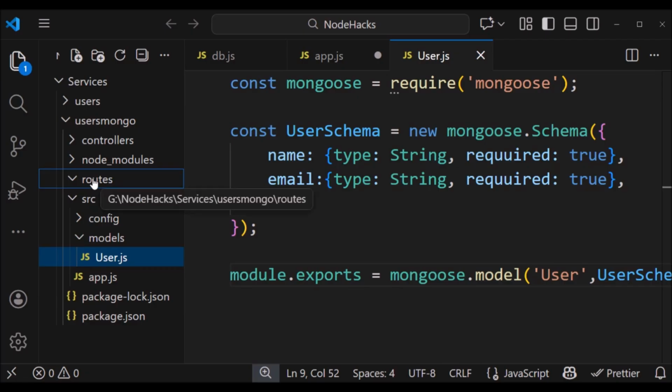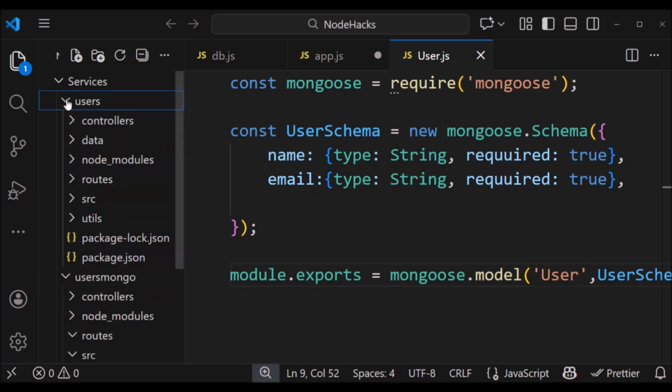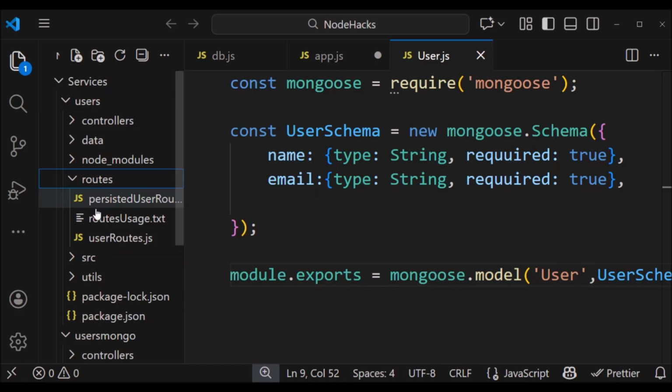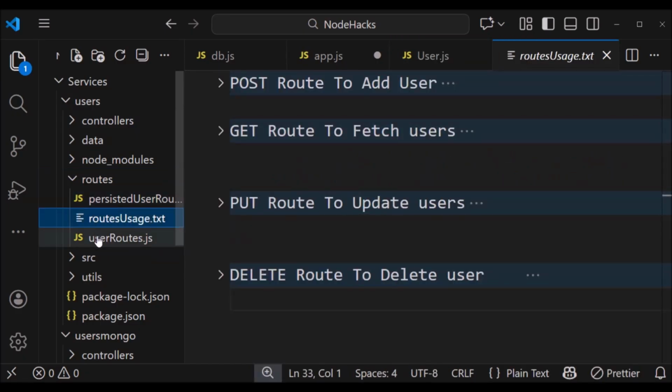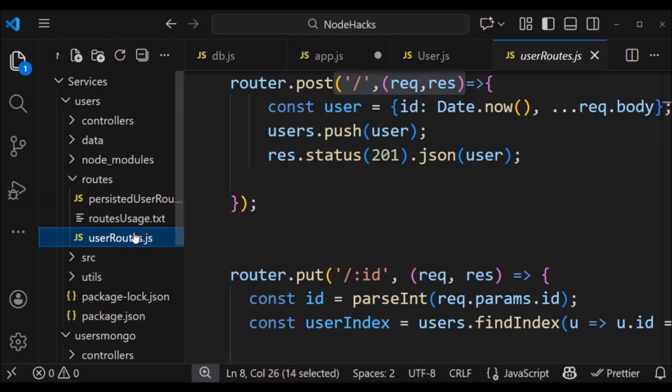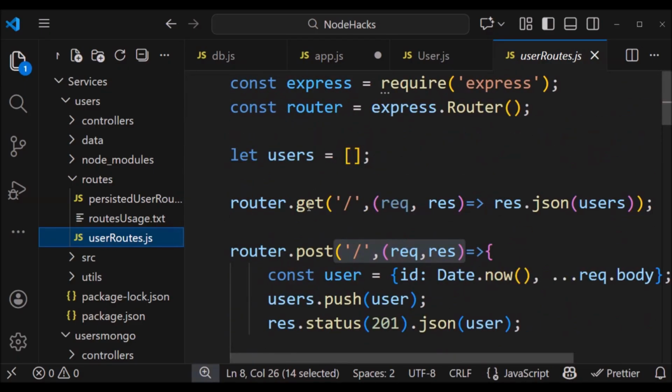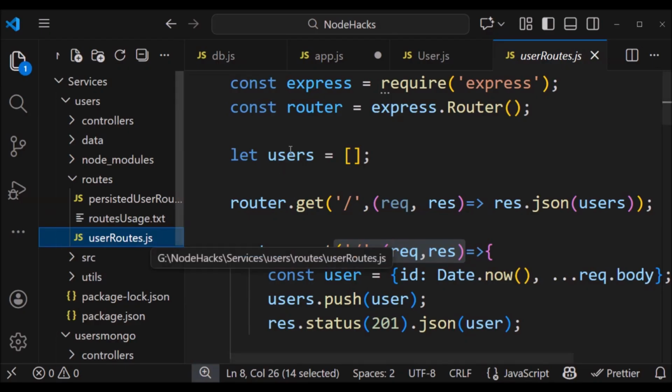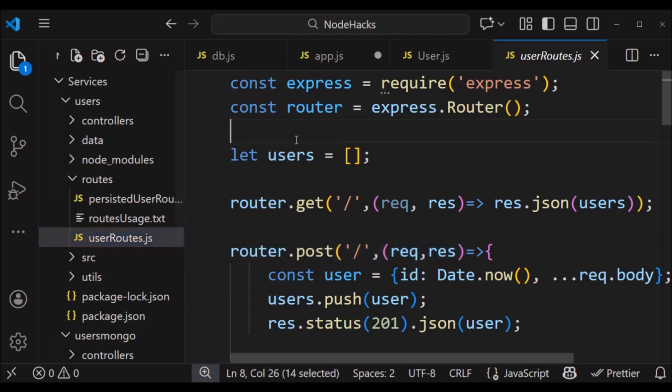In our application, previously, in the user microservice, all our routes were using file-based JSON storage. But now, since we have integrated MongoDB and Mongoose, we need to transform the routes so that they interact with the real database instead of the JSON file.